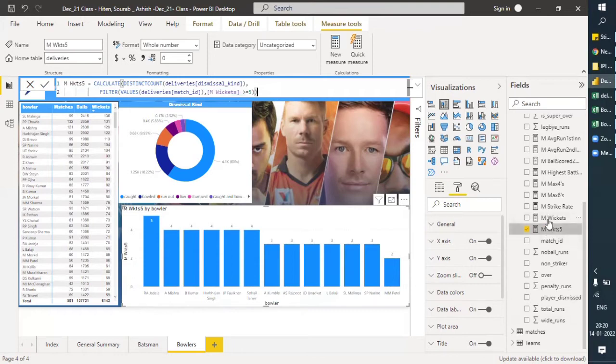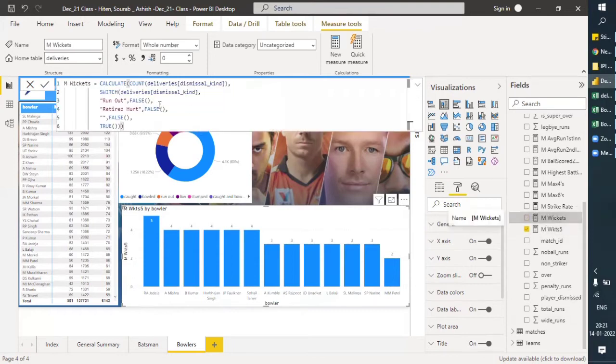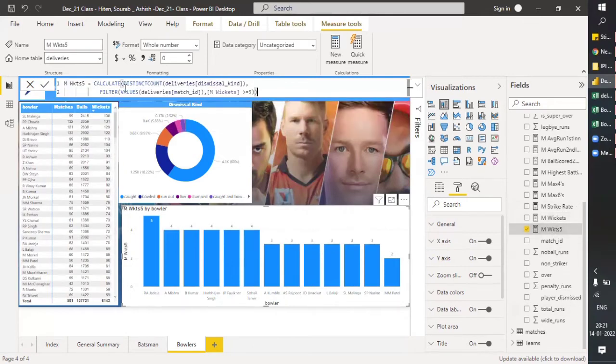What is that wicket? And wicket we already have run out, so retired hurt and blanks. Yes. Fine, not to waste the time. Let's move ahead, and I will try in the other session to shed more light on why this one and our finding on the Excel is not matching.